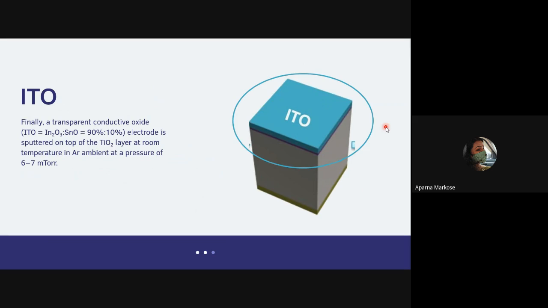When you came into the class, you can see that when we are creating DSSCs, we have a glass. There is a transparent conducting oxide. Two types are there, ITO and FTO. Depending upon your necessity and your cost, you can select one conducting oxide glass. So that is the ITO glass, indium tin oxide in here. We connect to that glass so that we can take electrons out. That's what usually happens. So this is the ITO, and this is the third step.